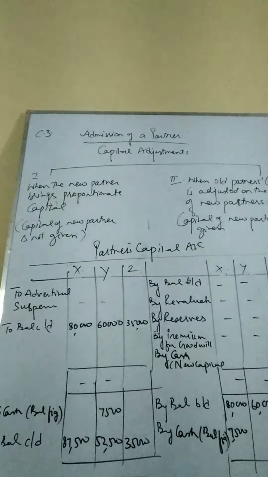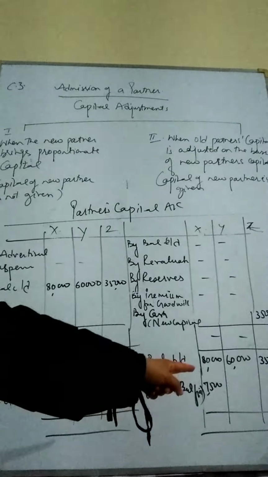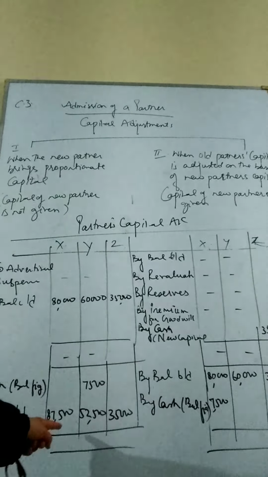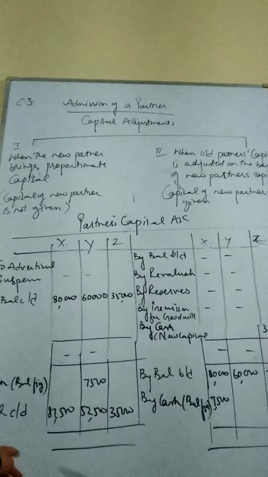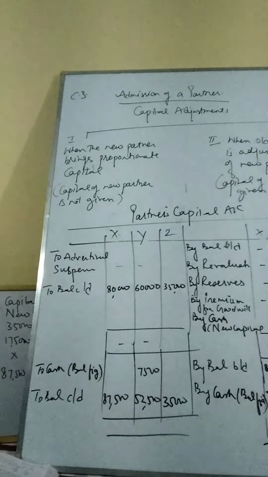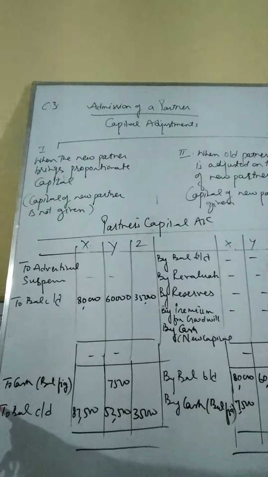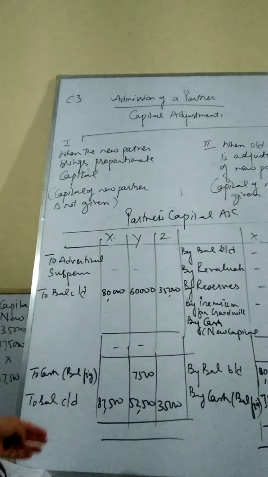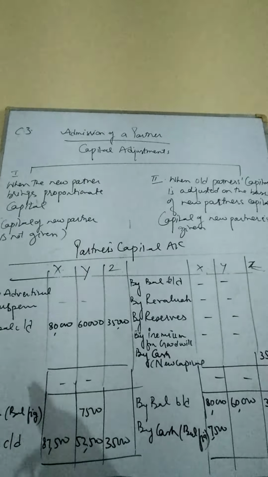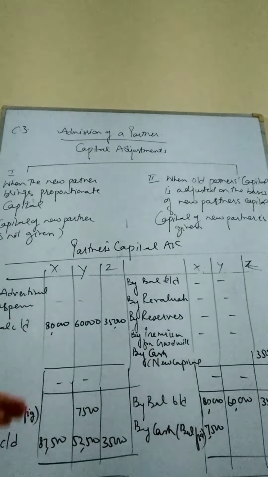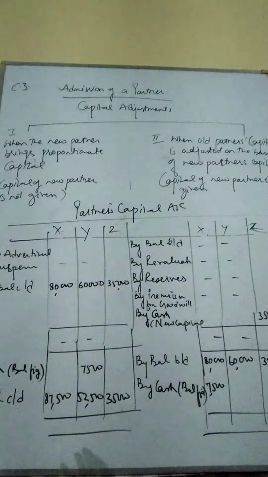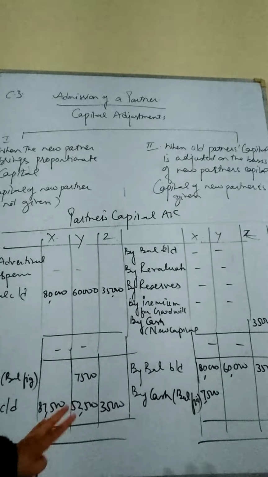Okay, now we will see Y's capital. On the credit side you can see his capital is 60,000, but here his capital should be how much? 52,500. It should be less. Then we will give him cash under the entry to cash. 7,500 has been written on which side? On the debit side of partner's capital account. So this is how the balancing will be done in the second capital adjustment, that their adjusted capital will be calculated, the new capital will be calculated, and we have to take out the difference. This will be done only for the old partners. New partner's capital will be intact, that is 35,000.